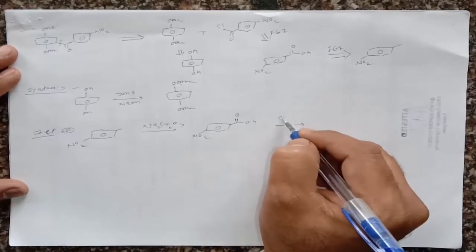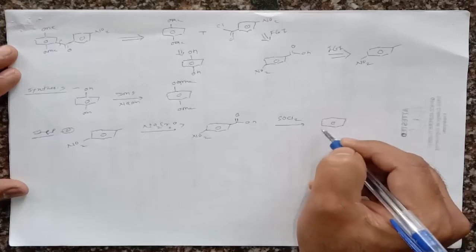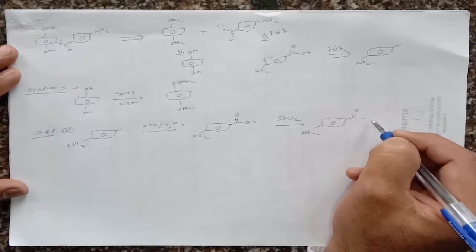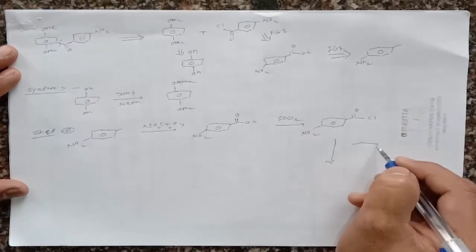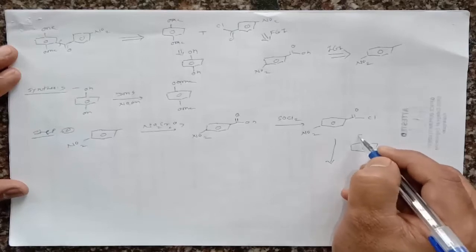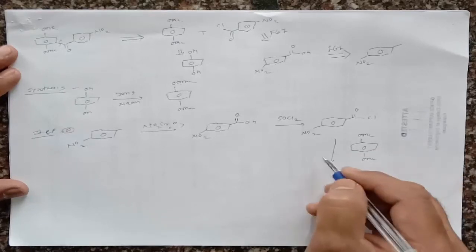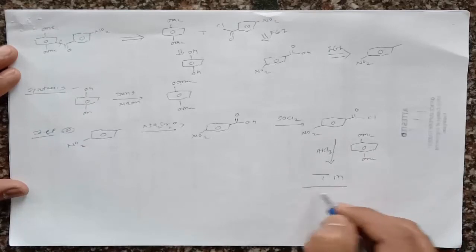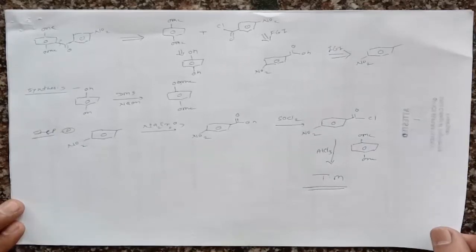If you treat it with SOCl2, it gives formation of an acyl group, that is para nitro, this acyl chloride, COCl, and if you treat this molecule with the protected phenol OMe, in the presence of AlCl3, it gives the target molecule. So this is again a very simple method to prepare such type of aryl ketones.